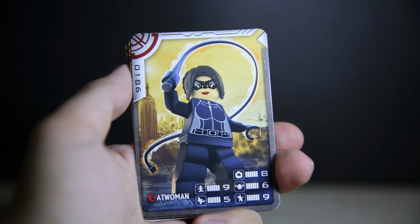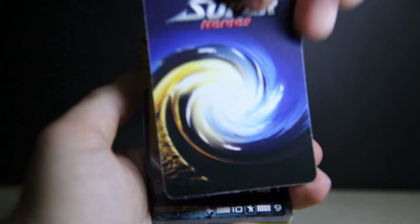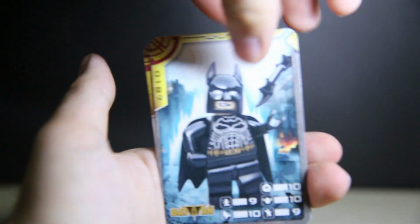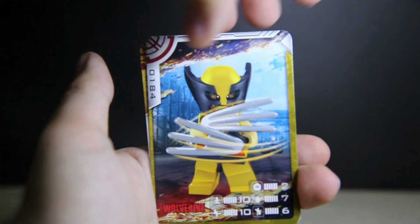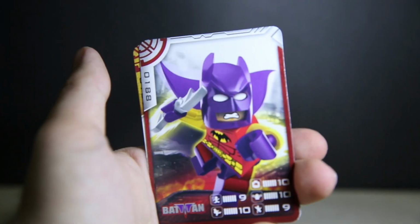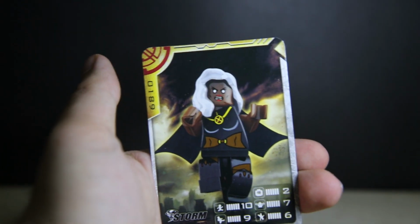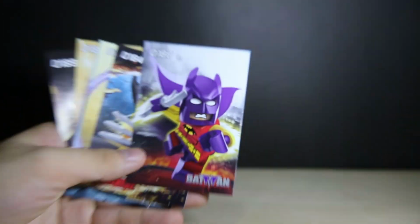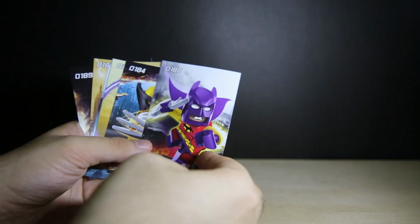And of course, like I said, you still get character cards, so here we go. Which is just the box art. The back is still the same, again, good. Catwoman, Magneto, Batman, and pretty much has the highest points of everything. Wolverine, says he only has 2 brains. Okay. Batman again, and Storm, also only 2 brains. Out of 10, I guess. And all of them have, again, pretty much just the box art. I don't know where they took the box art from this time, but